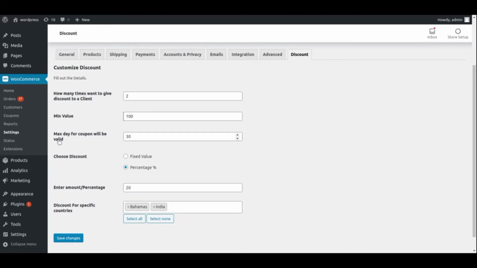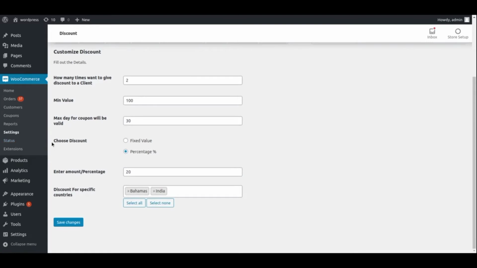It's just an expiry date, from what date to till what date the coupon will be valid, or else it will expire. Basic thing, choose discount type, and this is very important. Actually, there are only two types of discounts, fixed or percentage.